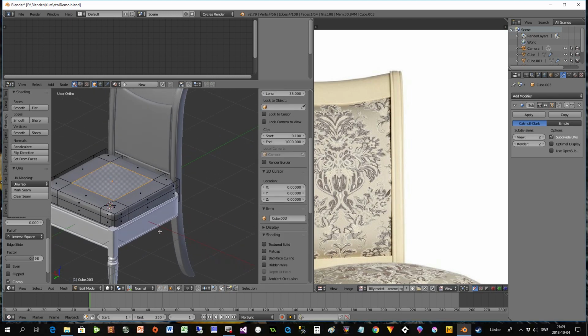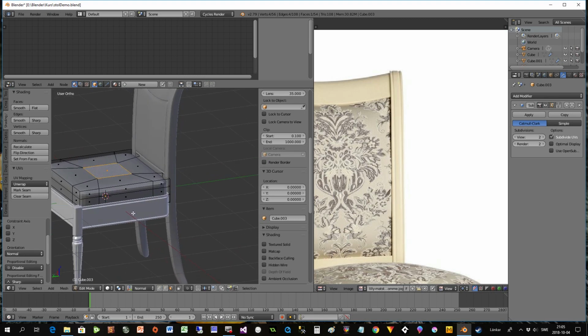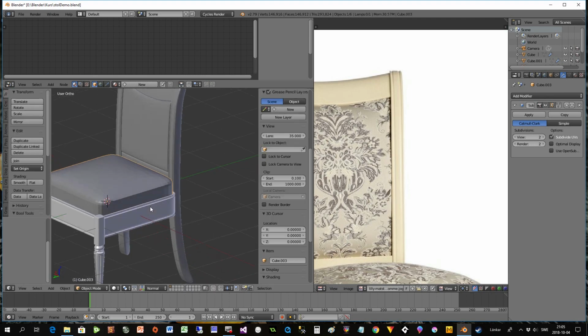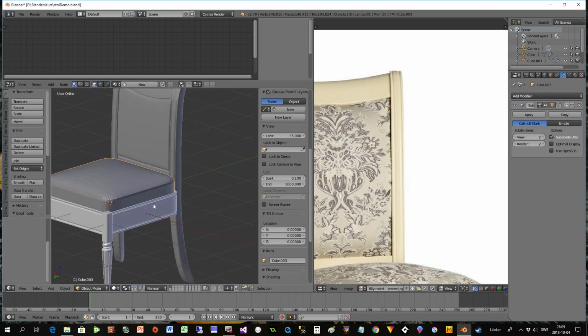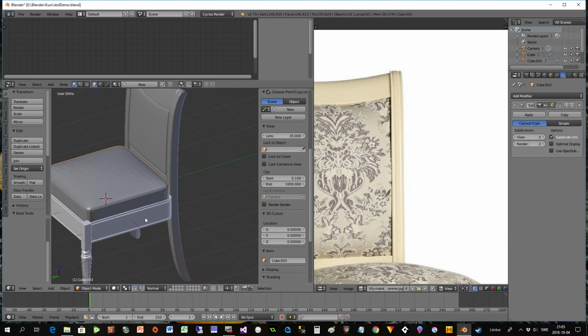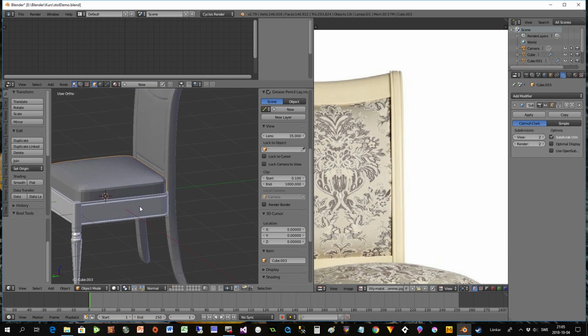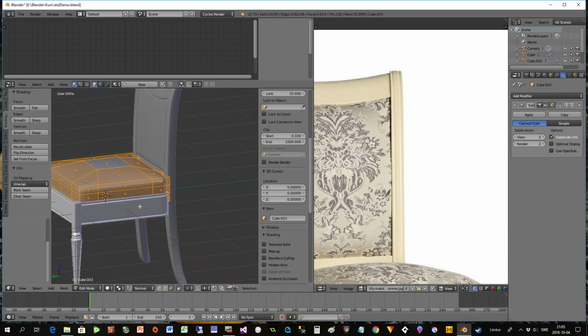Now just scale it down a bit like this, and G Z to take it up, and we can get out and see that everything looks okay, and just take it down perhaps a bit. So select everything, G Z to take it down,